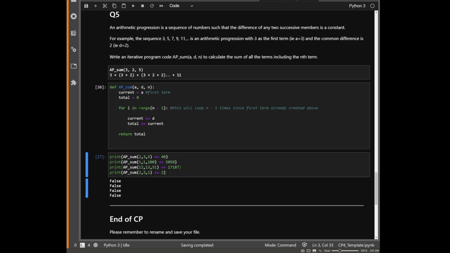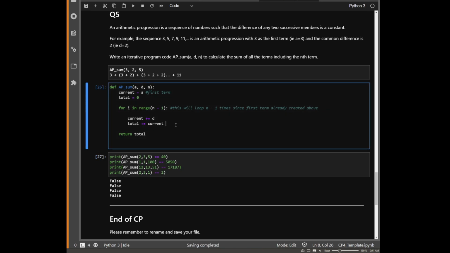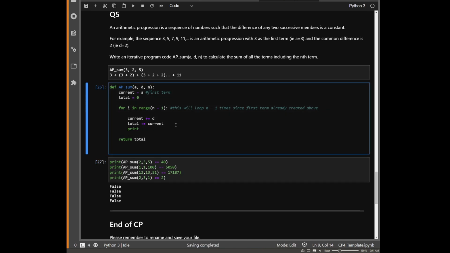Okay, I'm just gonna do this slowly. I checked what's wrong, but let's just see what happens if I try to print total. Alright, so maybe what I can do is make our print statements a little bit more descriptive. So what I'll do is that I will print